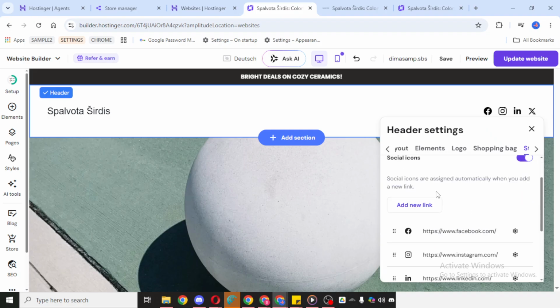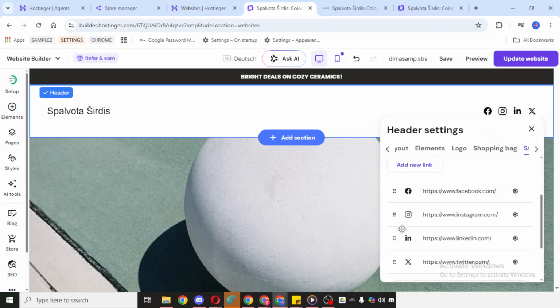You'll see the available icon fields, and from here, you can simply add your specific link for each social media platform. Make sure each link matches the correct platform so visitors are taken to the right page when they click. For example, your Instagram link should go in the Instagram field, your Facebook link in the Facebook field, and so on. Take a moment to double-check each link before finishing, because even a small mistake can send visitors to the wrong destination or lead to a broken page.